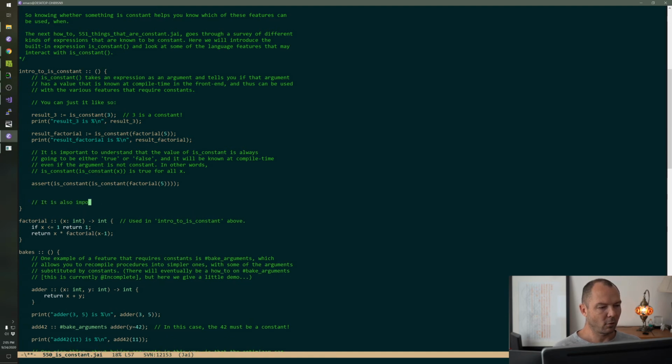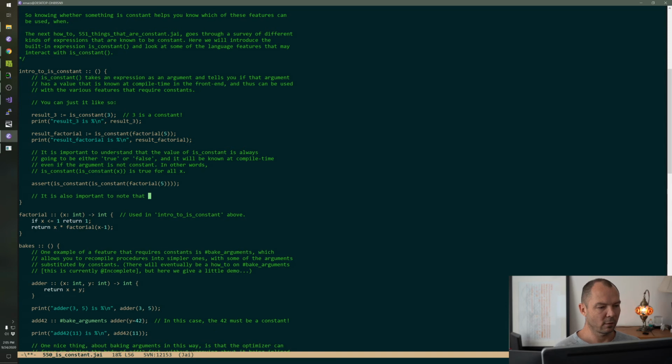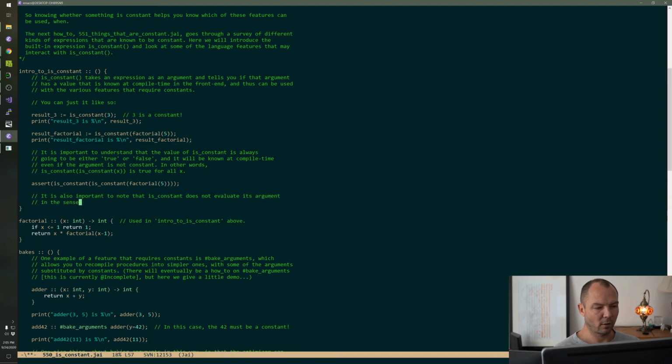It is also important to note that is constant does not evaluate its argument in the sense of executing code.